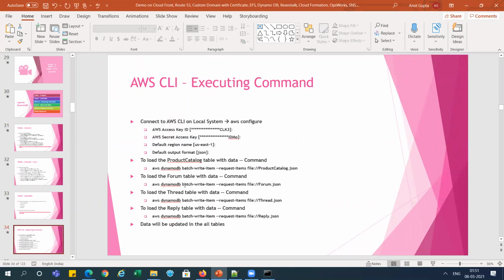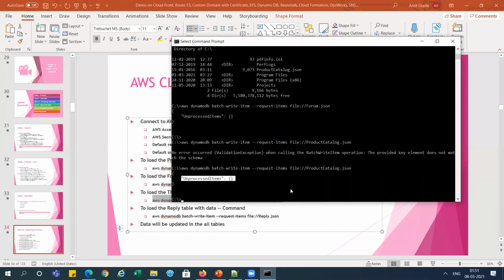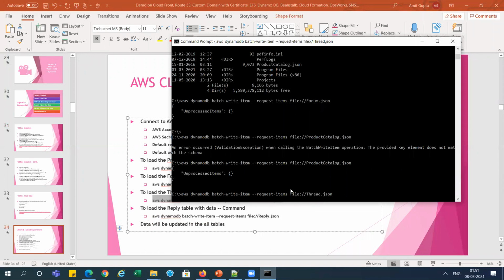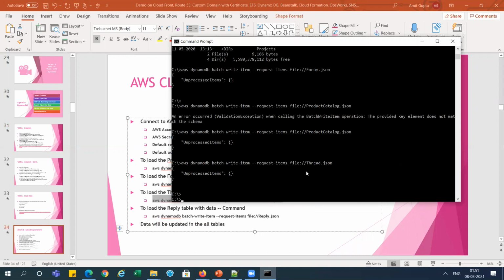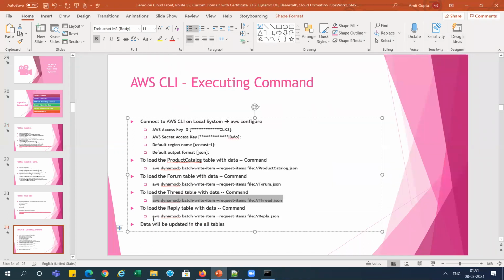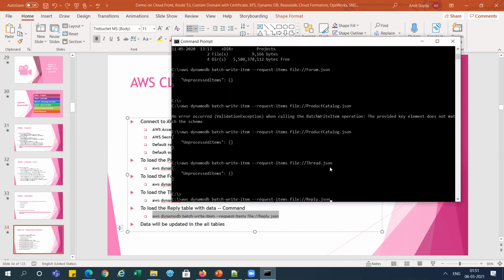I've already run this command, second one, form.json, and now I need to run this thread.json. This is done, right? Now next one is reply.json, right? So I am going to run this one also.